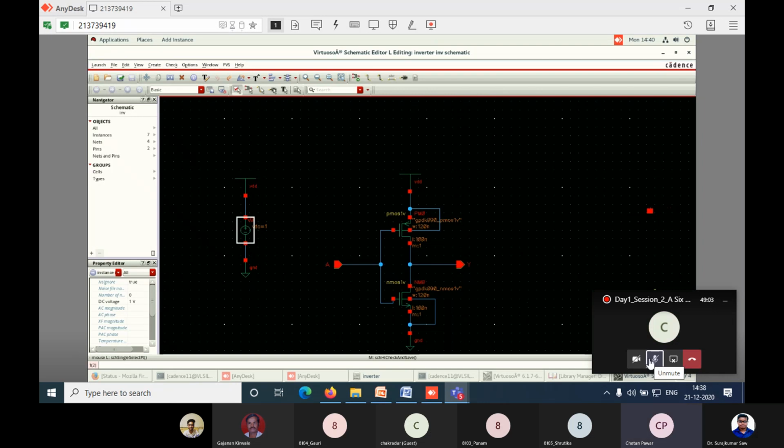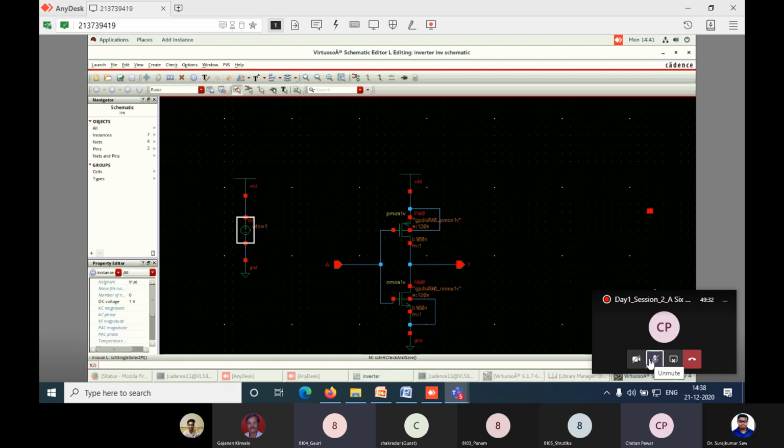That V0 here, you can zoom in. That wire is not getting properly connected for the negative terminal. For a VDC there is a ground, and that wire is not properly connected. So type W and make that connection.